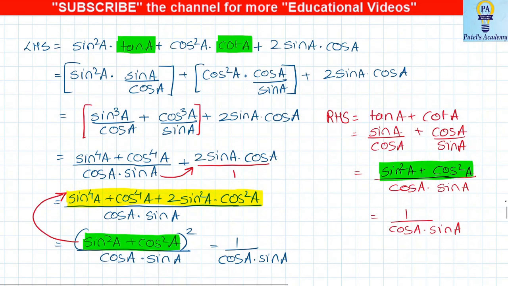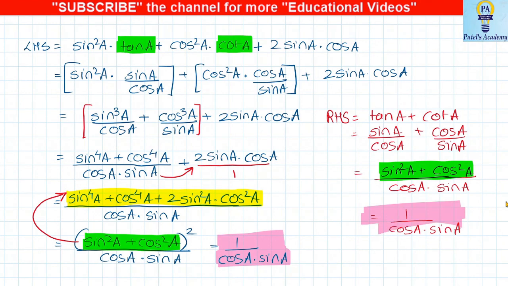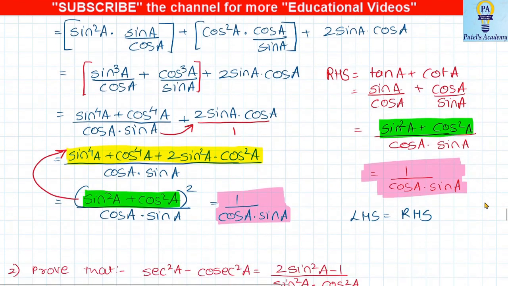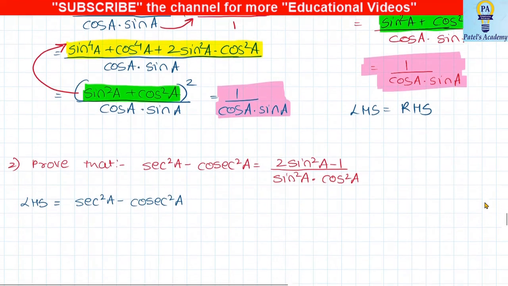Now I'll just take the screen down. Now this is what we see, students. We have LHS as well as RHS. What I'm highlighting with pink is my left hand side, and this is my right hand side. So we see we got LHS and RHS the same. So LHS equals RHS. This is one more sum where we solved LHS and RHS also. Students, I hope you're understanding. Let's see the next sum, students.